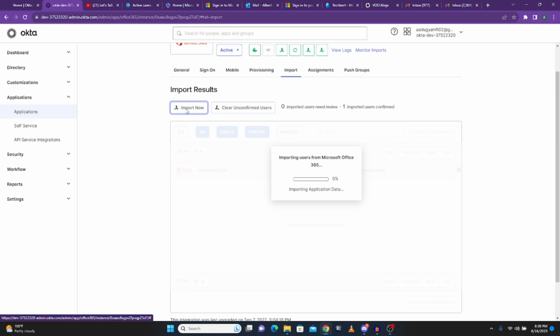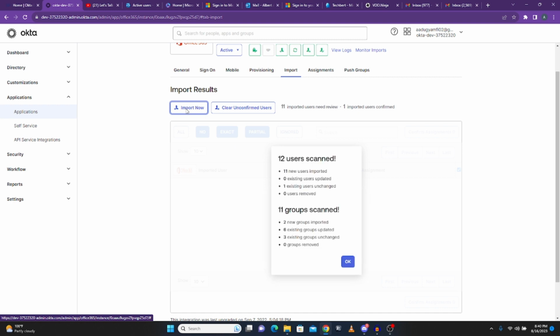So normally, depending on the number of users and groups that you have in your organization, if the users are more, then it is going to take a while before it imports all the users. But if the users are few, just like mine, so you see that right now it says that it has 12 users, 11 users imported, 0 existing users updated, 1 existing user unchanged,